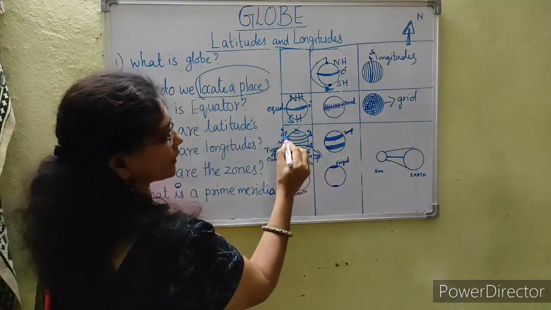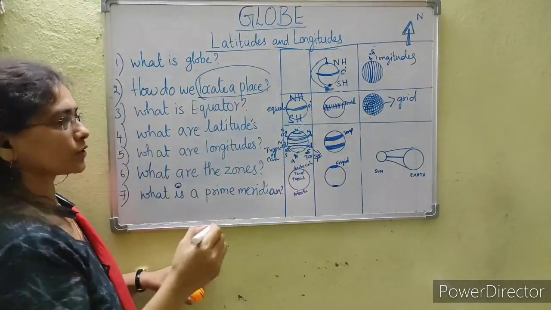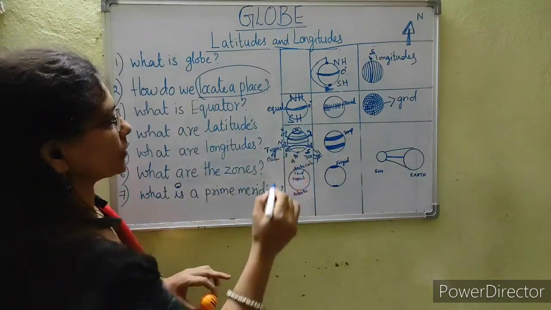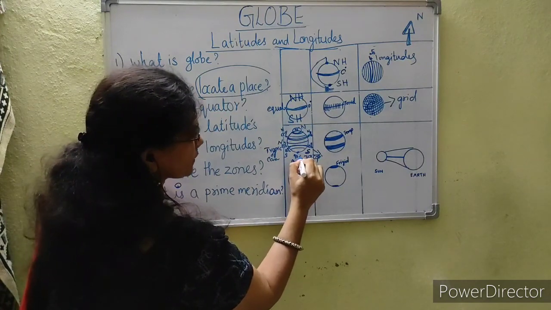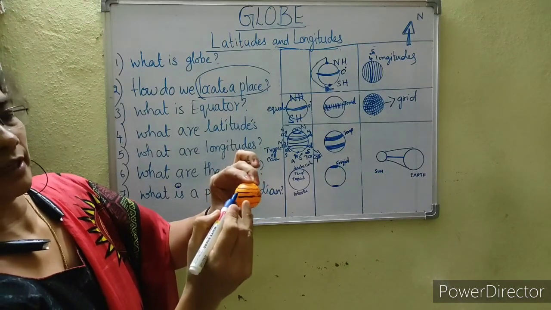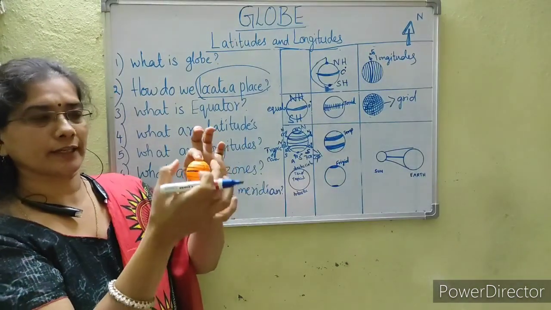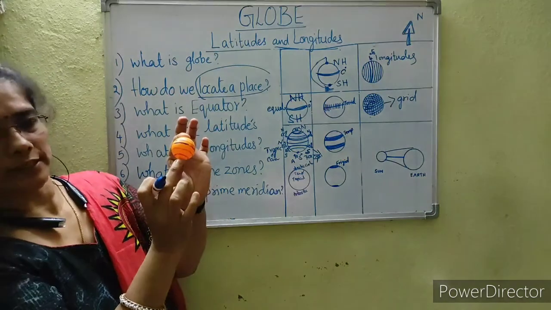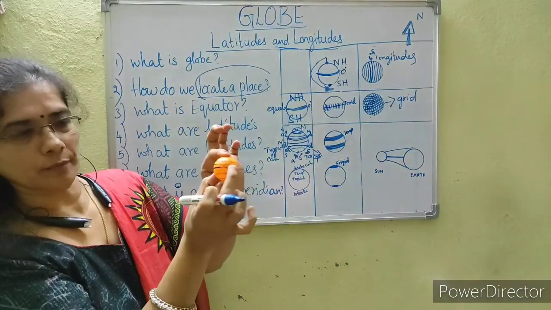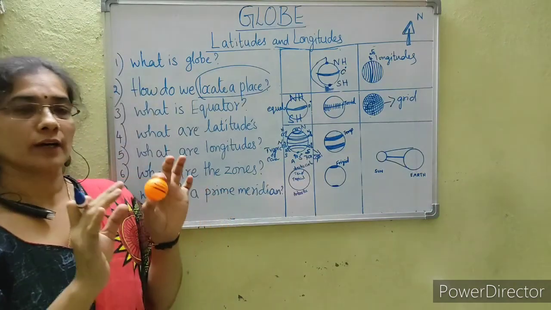In the same manner, 66.5 degrees and 90 degrees we find. So this is 90 degrees latitude. So 90 degrees north latitude, 90 degrees south latitude. Here you can see 0 degree, 23.5, 66.5 and 90 degrees. So this is the 90 degree north pole and 90 degree south pole. Can you see? Yes. Isn't it? These are parallelly drawn across the globe. These are all imaginary lines. Nothing is an original line.